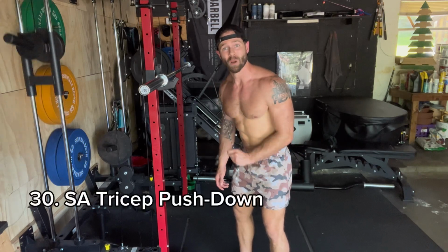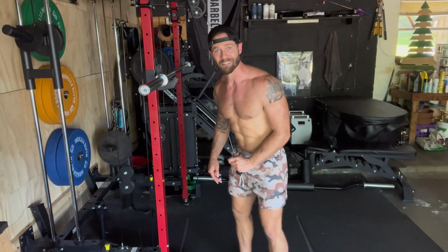Speaking of muscles that we wish were bigger, exercise number 30, we've got the single arm tricep push down. I used to just willy-nilly go through my reps, and I'm really focusing as of late on hitting those incredibly slow and painful eccentrics, lowering that weight as slowly as possible. That's where the muscle gets broken down, and then when we're resting and eating properly, that's when they can recover